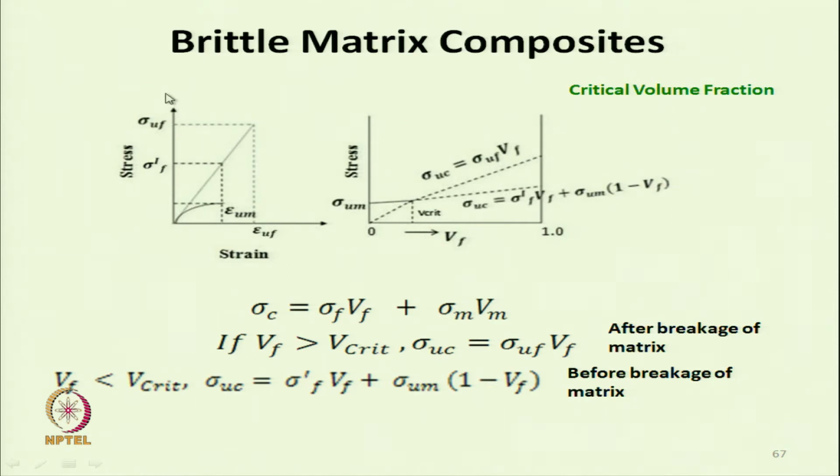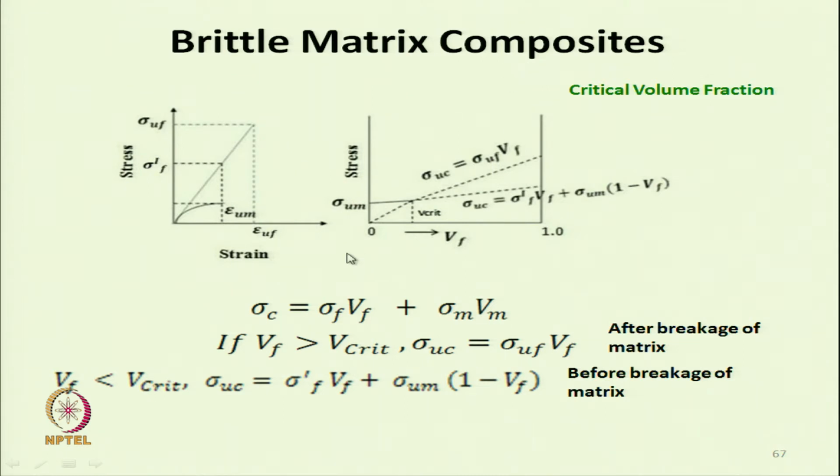Ultimate stress again it is at this point, matrix breaking stress is at this point here, and during the breakage of matrix, the load carried by a fiber is sigma dash f, and similarly we can get this graph